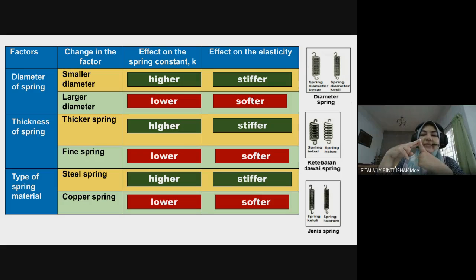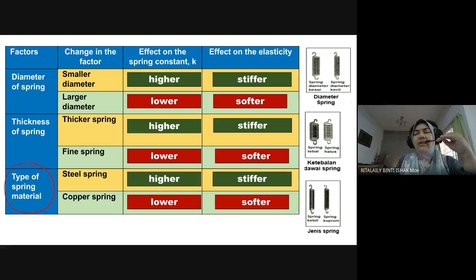And the second experiment is to relate the factors that affect the spring constant. Okay, so kita akan fokus 2 factors sahaja. Tak boleh nak fokus banyak-banyak, nanti banyak sangat report nak kena buat. Okay, so there are 4 factors, actually there are 5 factors that affect the spring constant of a spring. However, type of spring material,